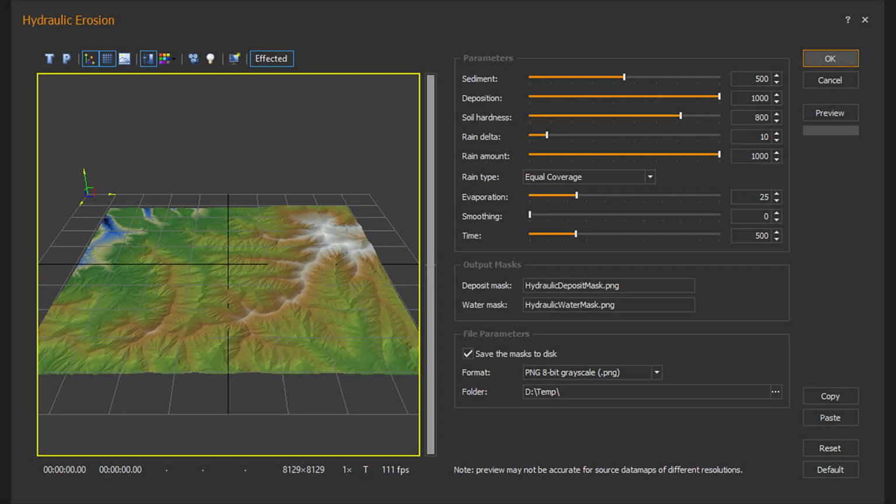Now we need to create the final weight map, which is the water erosion runoff. This weight map mask is created by running a hydraulic erosion device pass over the terrain height map and collecting the water flow information that is automatically generated in the device's hydraulic water mask. We won't be keeping the erosion changes to the height map, we only want the mask that this algorithm automatically generates for us. On the hydraulic erosion dialog, set the time to 500, enable the Save the Masks to Disk